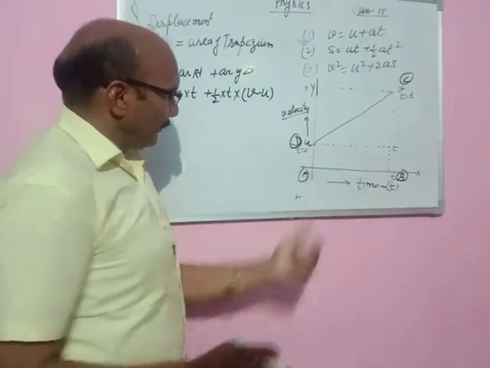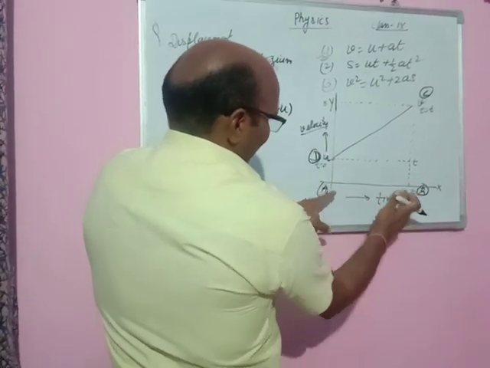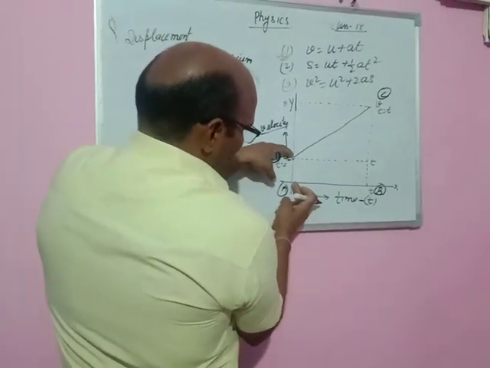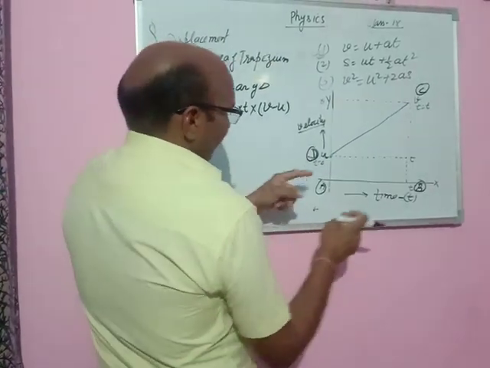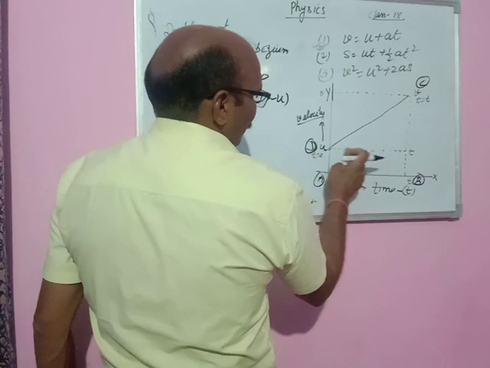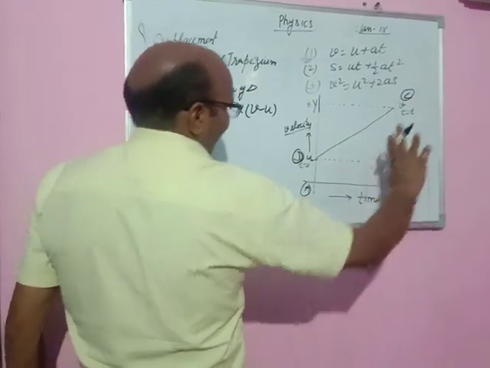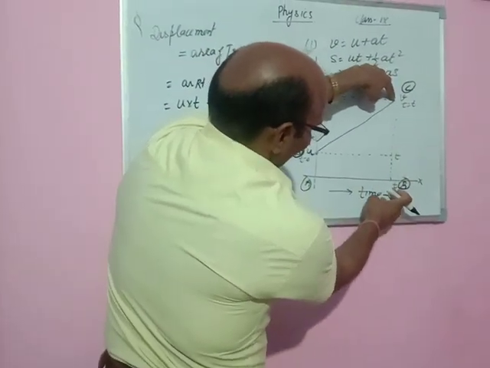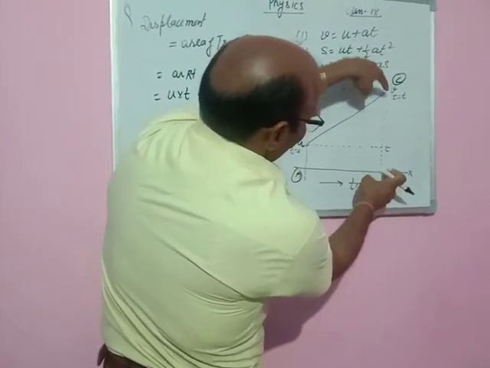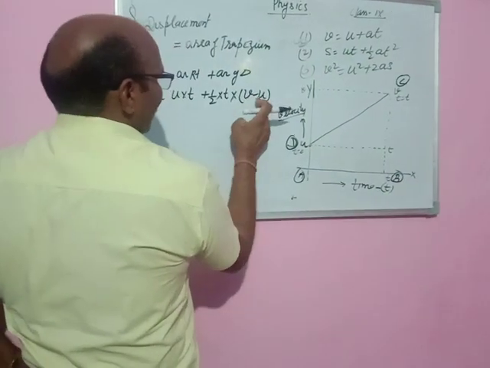The area of this rectangle will be equal to length times breadth. Length is equal to t and breadth is equal to u. This is showing till here, this point u. And the area of this triangle is half into base into height. Half is there, base is again t, and this height will be equal to this whole minus this part. This whole is equal to v, and this is equal to u. So this is equal to v minus u.